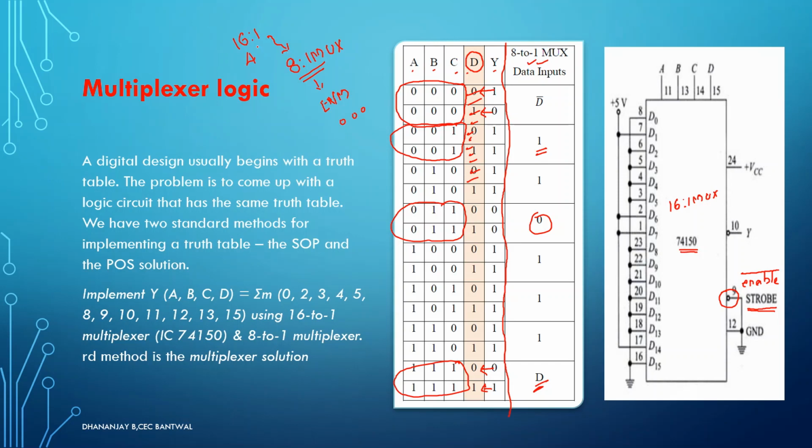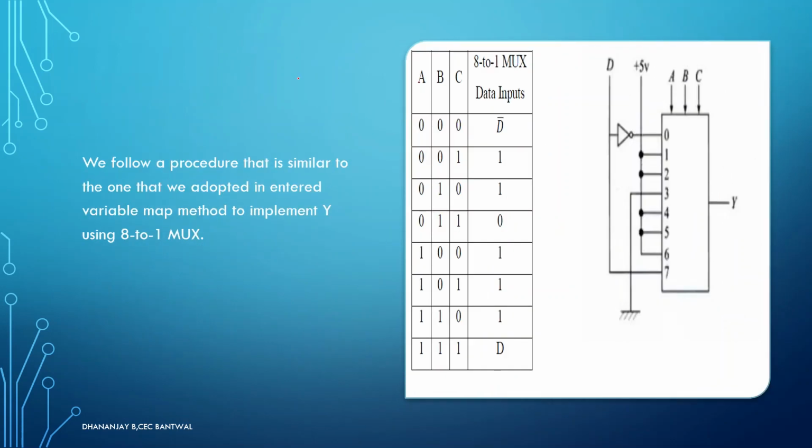This 16:1 mux, when it is reduced into an 8:1 mux, they have implemented it here. This IC, the same one, has 8 inputs, so from 16 it has been reduced to 8. The IC number for this is 74151. This is your 8:1 mux: 8 data inputs, 3 selector inputs, 1 output. If you want, you can connect VCC, take ground, and make the enable input also. You can show it, no issues.